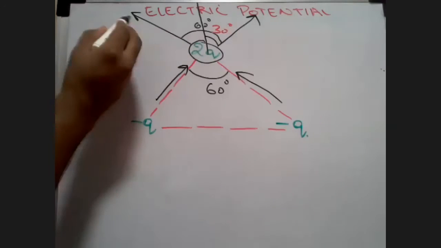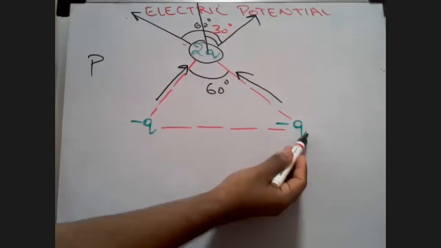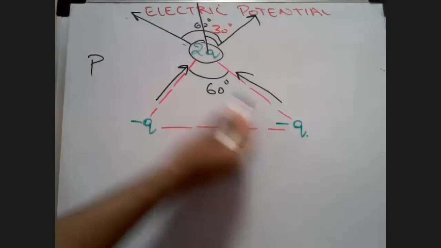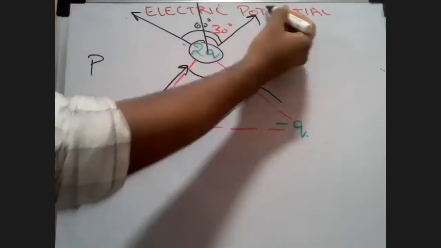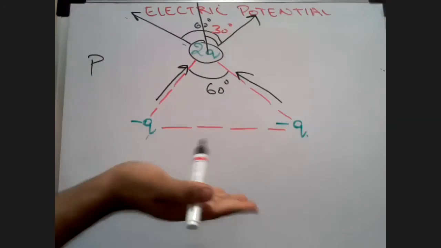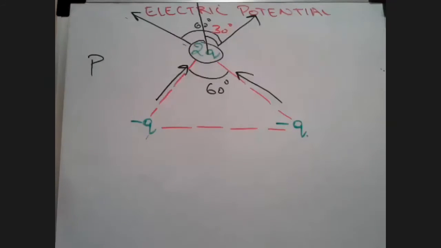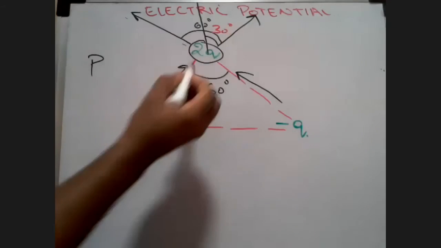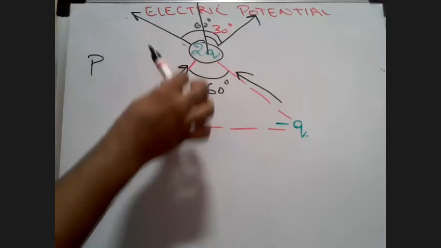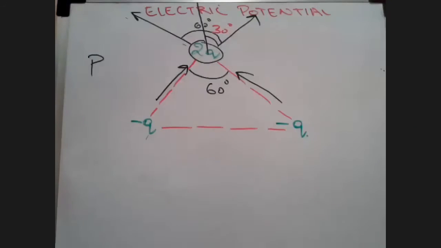So I can say this is the dipole moment due to this minus q. This is E on axis. If you see, this is E axis, and this is another E axis. You can imagine that. It's not on the x axis, but you can imagine that to be a dipole on an axis itself. So there are two axes crossing each other. If I have to find out the net dipole, what can I do? I can take the component of both these dipole moments on the y-axis. Can I do that? Yes, sir.